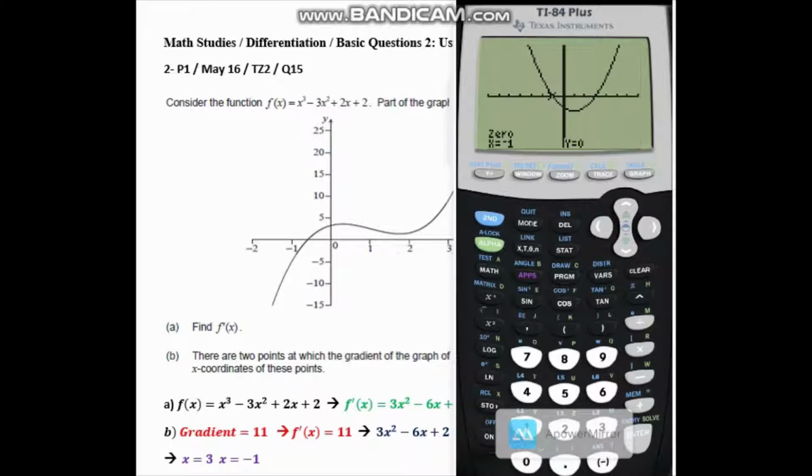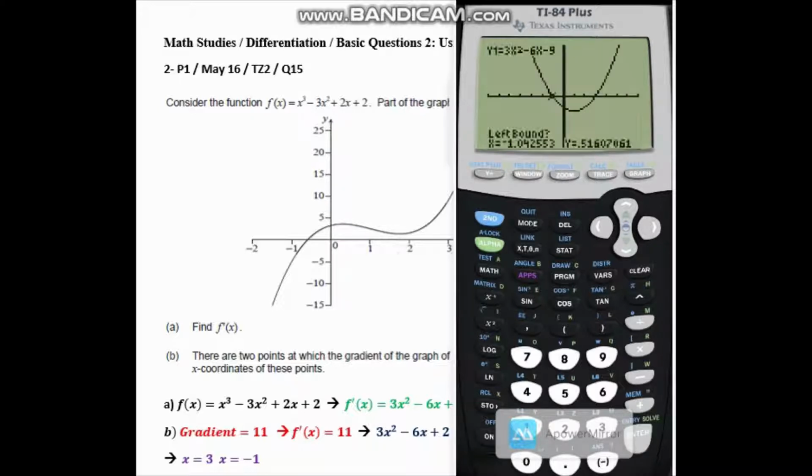So I am told by the calculator that the first 0 occurs at x equals negative 1. Hence, this is my answer, one of my answers. I shall repeat the process for the second 0. So again, second, trace,